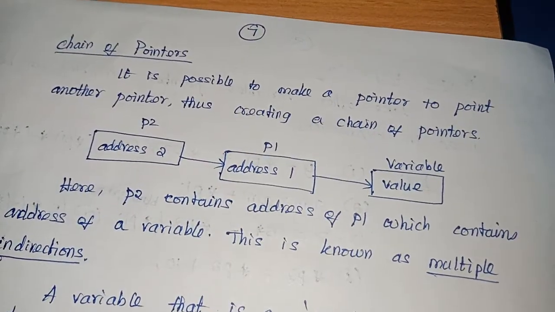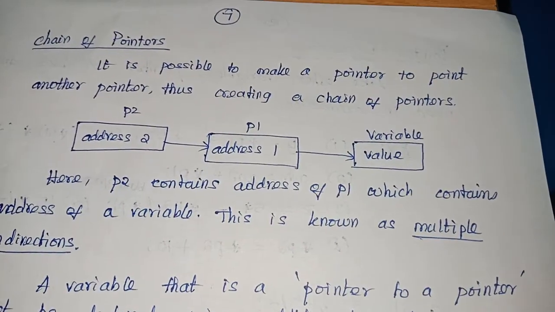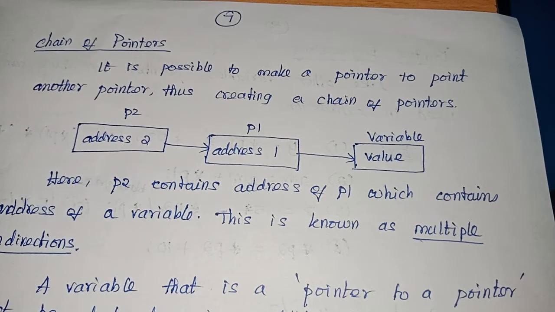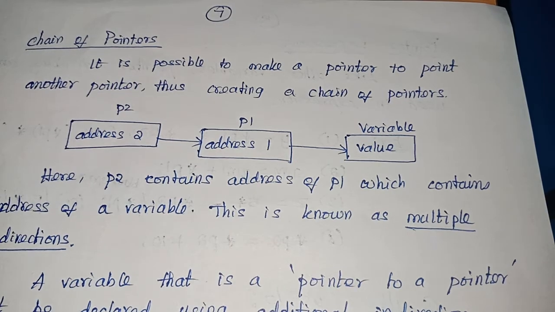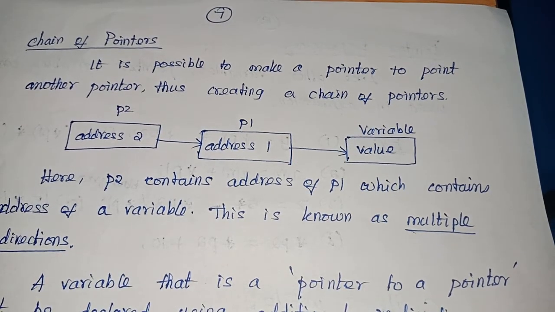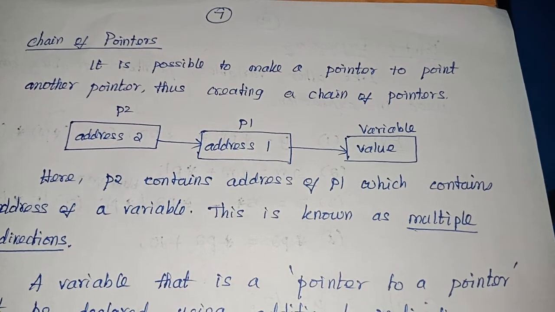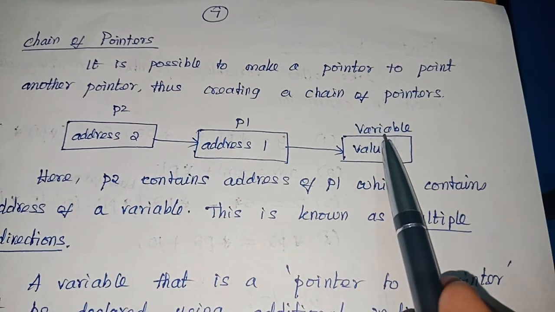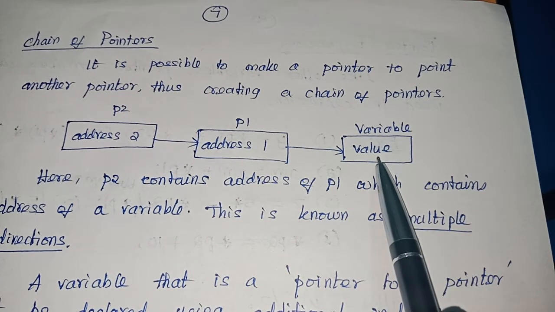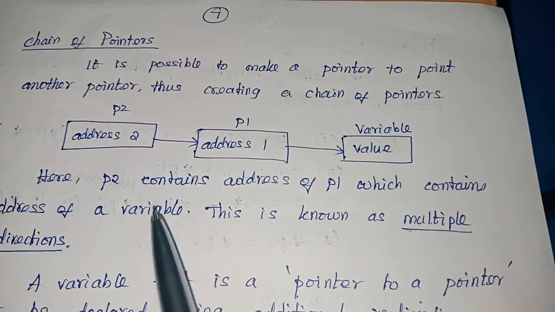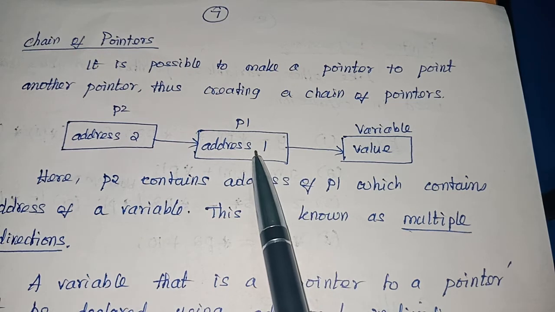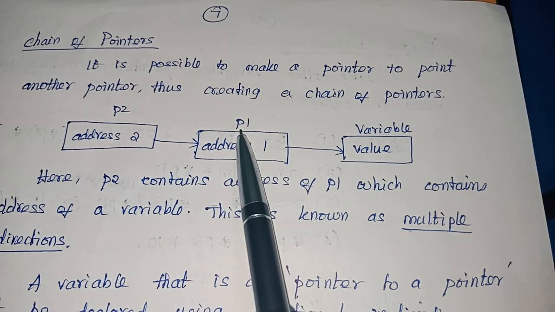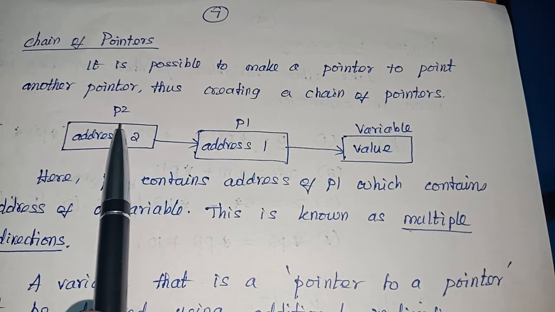Next, chain of pointers. We will see what is chain of pointers. We know pointer variable is a variable which is used to collect the address of another variable. Now, consider this example. This is a variable and has some value stored in it. The address of this variable will be stored in P1, and the address of P1 can be stored in another pointer variable